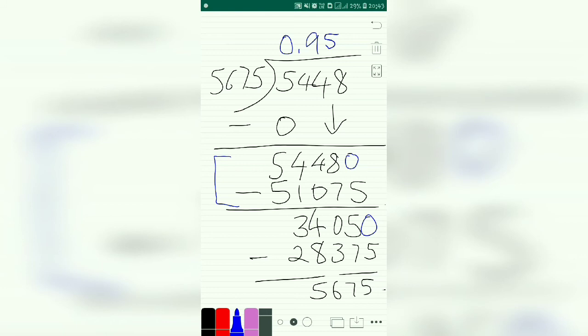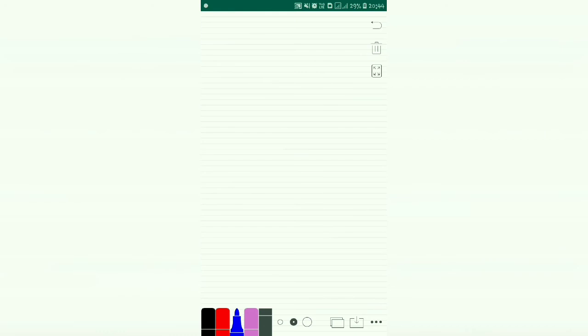So now firstly, if we get an answer after the point till 2 digits, it is enough. But here in this question, we have got the number same as the divisor, which means if we add a 1 over here, it will give us 5675 into 1, 5675, which will give us 0 in last. There will be a 0 left, but anyways we are not doing that, so our final answer is 0.95.